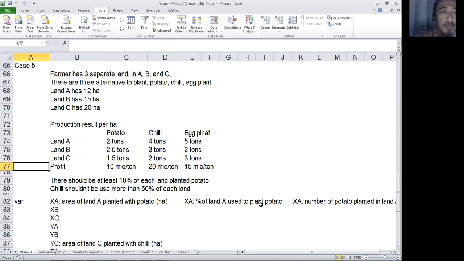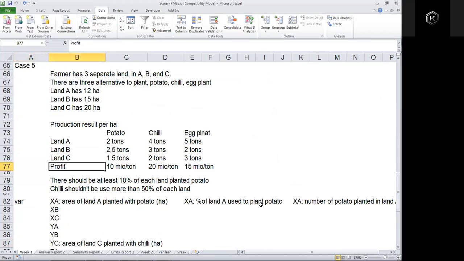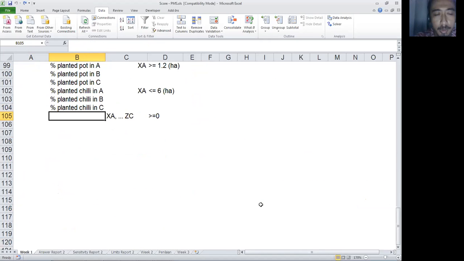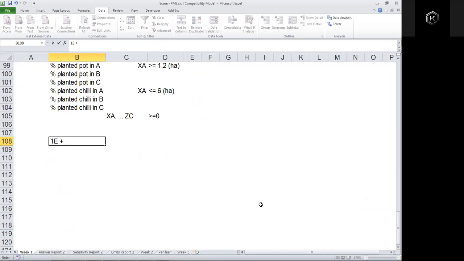After I use solver, I opened the sensitivity report and I got a value of 1e plus 30 in a bunch of answers. 1e plus 30. Minus or plus? Maybe minus. I really don't know, sir. No, minus. 1e minus. I get plus, sir. Oh, plus. Yes, sir. I got plus.